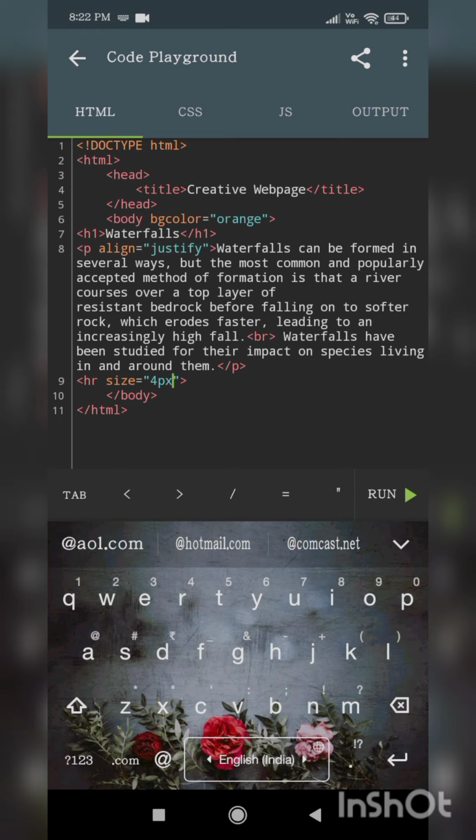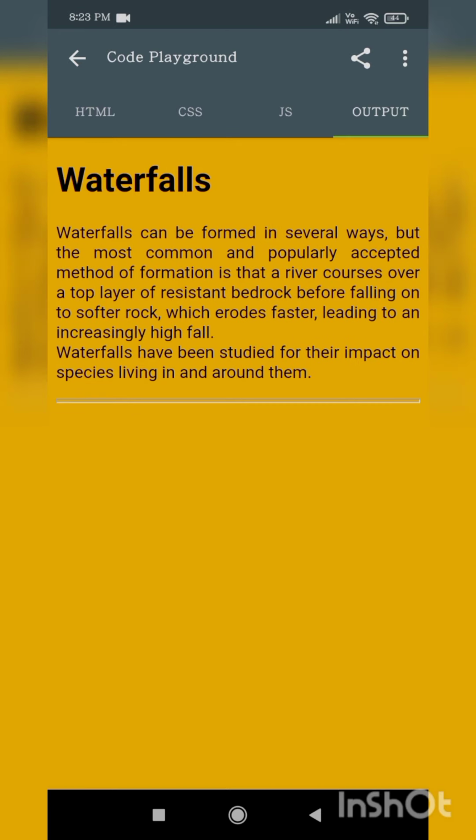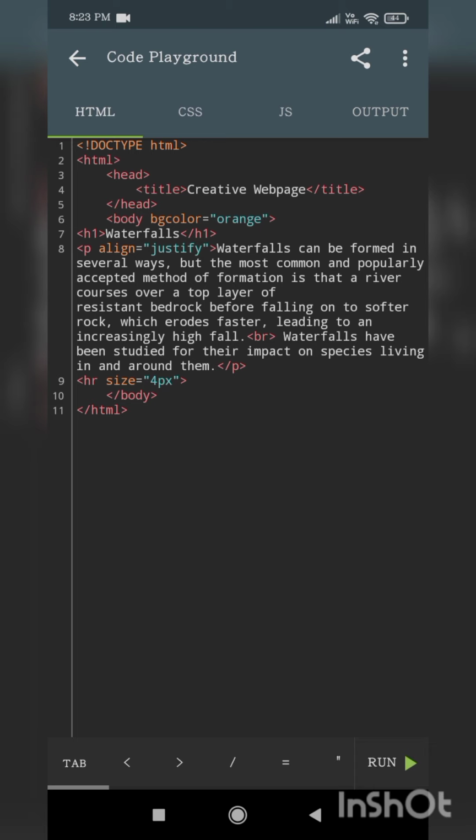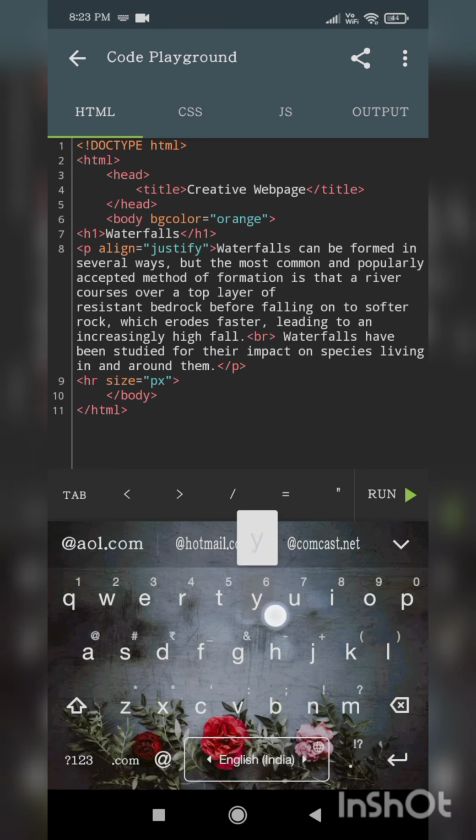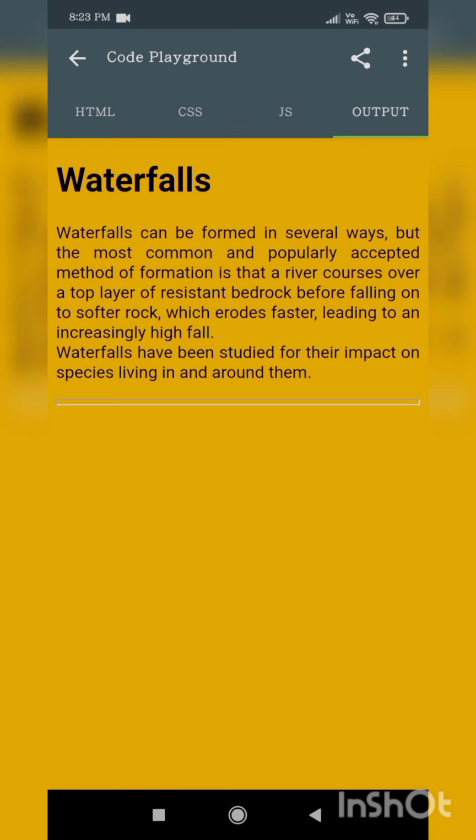In HTML, px means pixels. Then see, it is increased. Did you observe, my dear friends? Let us increase it some more. I'll keep 6, then you will get somewhat bigger.